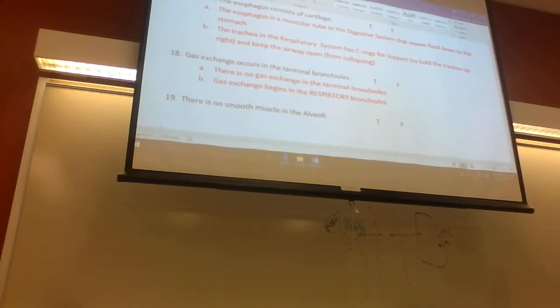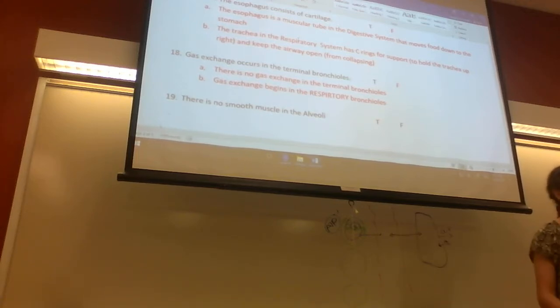The esophagus consists of cartilage. This statement is false. Your esophagus is a muscular tube that the digestive system uses. And what is that muscular movement called when you swallow? Well, peristalsis, right? So your esophagus has to be muscular for peristalsis to happen, but your trachea has to be